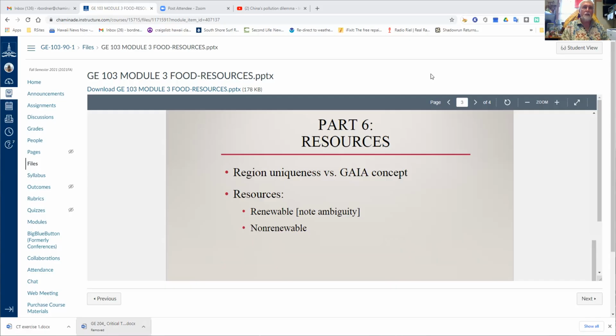And so regional uniqueness tends to be a huge problem when you're looking at things like resources, because it tends to make almost all the decision making from within the region. Of course, you can have then the region of, say, Nevada versus California versus Utah, who all have to share the same river, but they're not going to see themselves as part of a larger whole in many cases because my demands are more important than your demands. So regionality is a real nightmare when you're a geographer working for a government or non-governmental agency, and you're trying to figure out how they're going to sort out a resource in more than one region or more than one perceptual region. So this goes back to this idea of perception again.